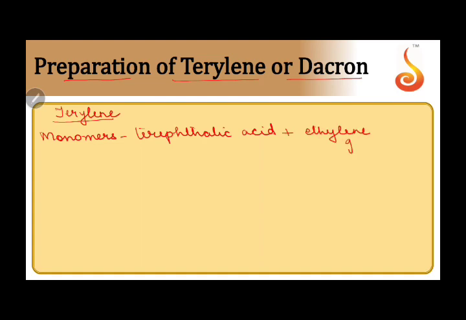The name itself is giving us a hint about these compounds. So if we break down the name, terephthalic acid and ethylene glycol names are mixed together. As there is more than one monomer involved here, more than one repeating unit, therefore terylene is an example of heteropolymer or copolymer.